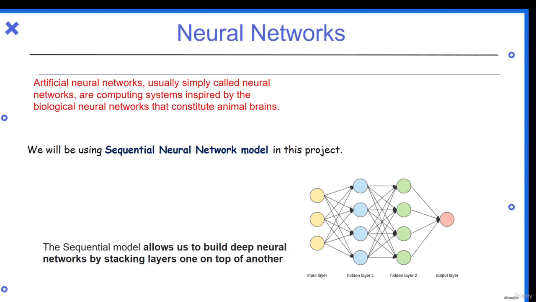There are various neural network models. In this project, we'll be using the sequential neural network. The sequential model allows us to build deep neural networks by stacking layers one on top of another. We have one input layer in which we give our data, and then there are certain hidden layers in which various information will be stored, and with the help of that information,